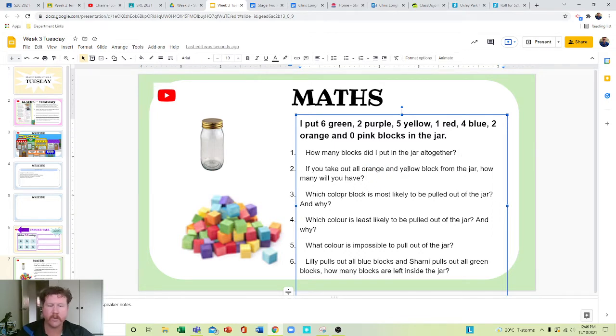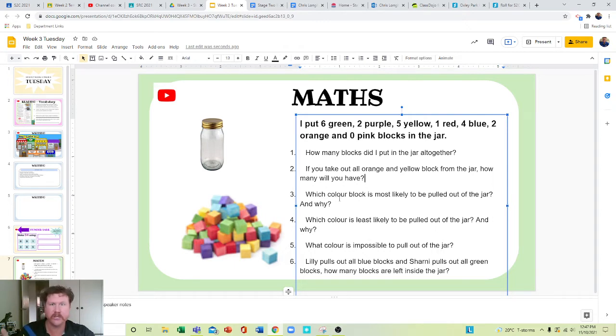Question 3. Which color block is most likely to be pulled out of the jar and why? There are 2 questions in this. You can't just write one answer, you have to explain why. So this one's an explanation question. So you think about it and you look at the one that would be pulled out the most and you would type after that, you would say,